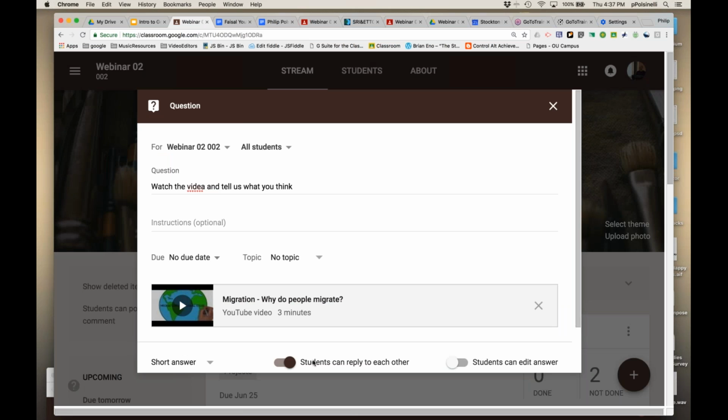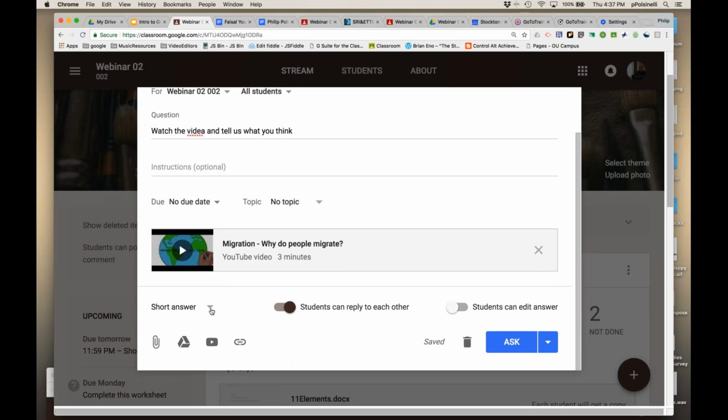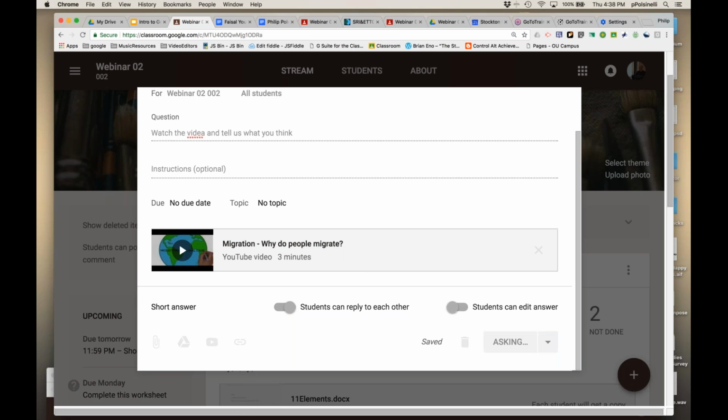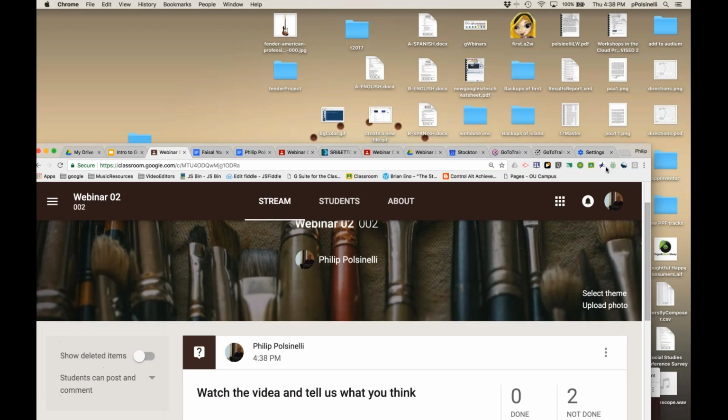Now look at this. Students can reply to each other, or students can edit answers. If I down here, see, I'm still creating my question. I'm choosing short answer, and I'm electing to do students can reply to each other. You know what I'm doing here? I'm creating a discussion board. Okay, so basically I'm prompting them with a video and opening a discussion for it. So I'm going to write ask, and then the students can go in and, well, let's go in as a student,